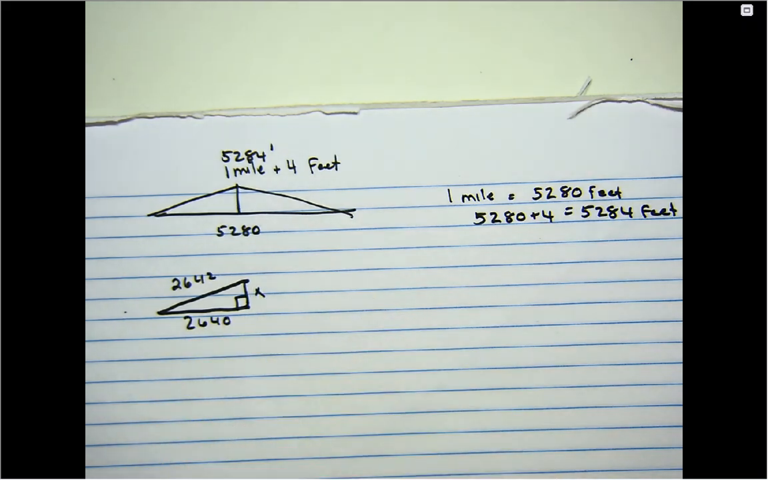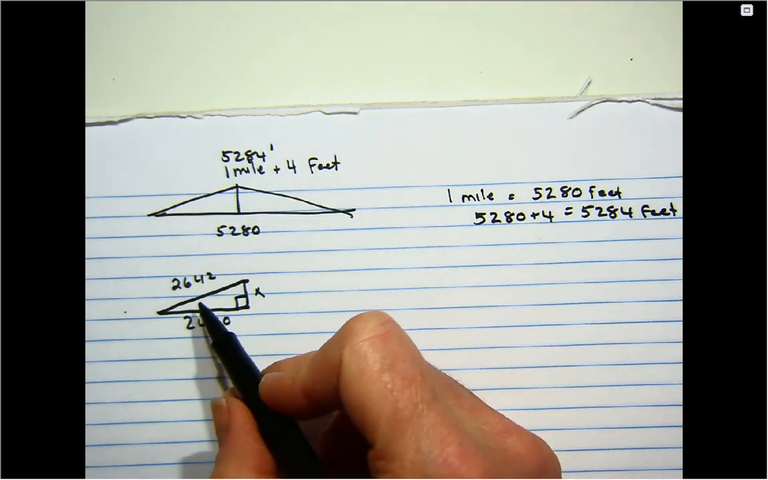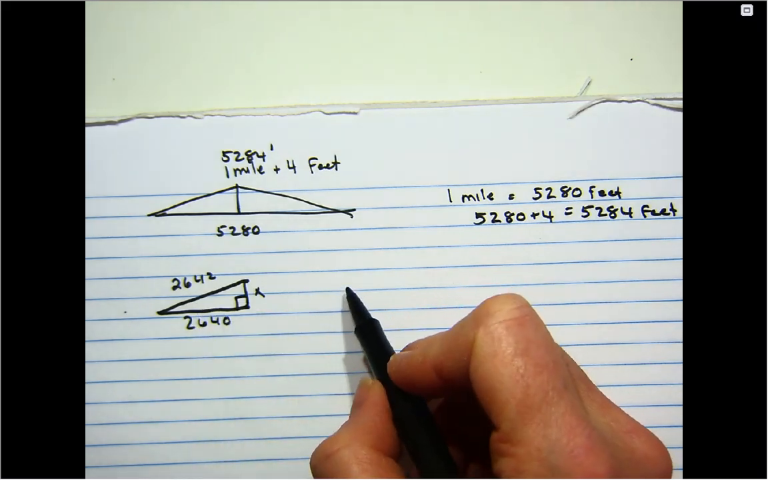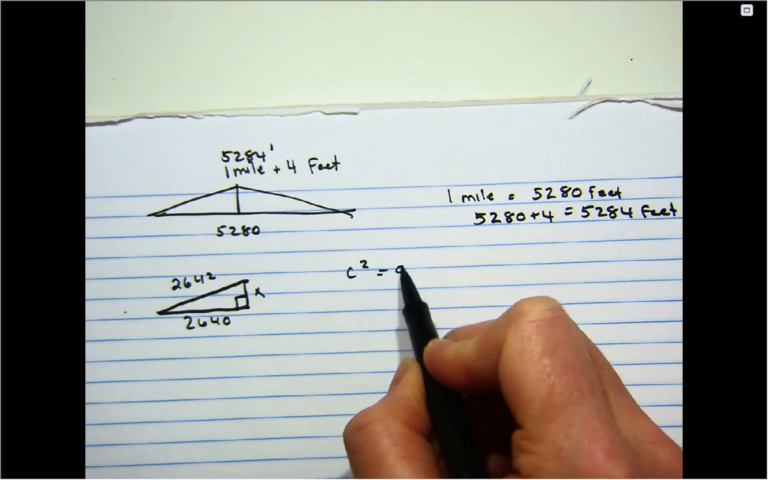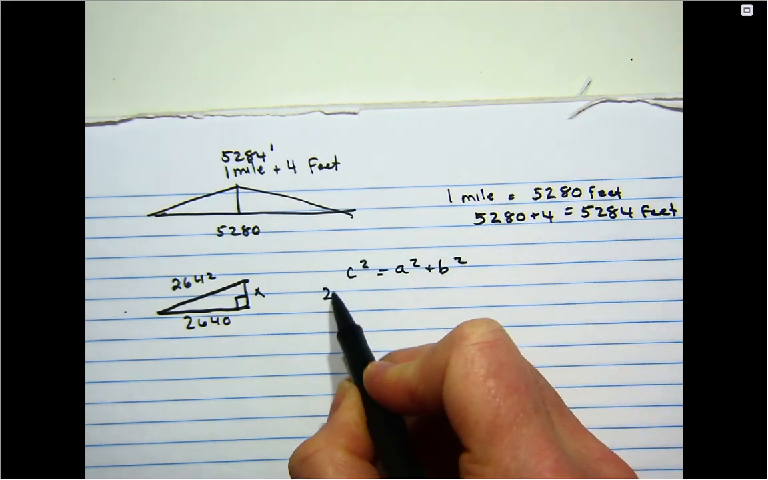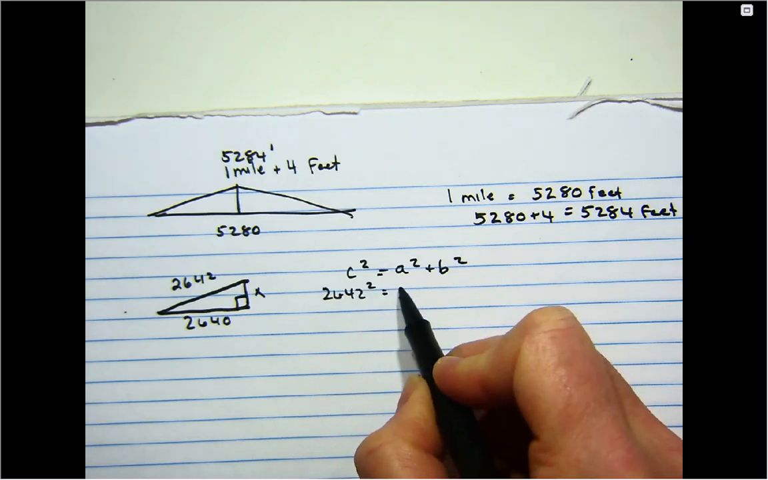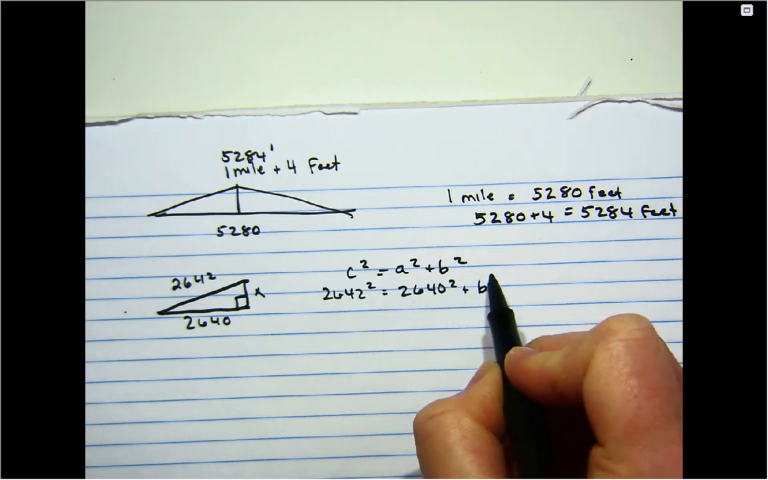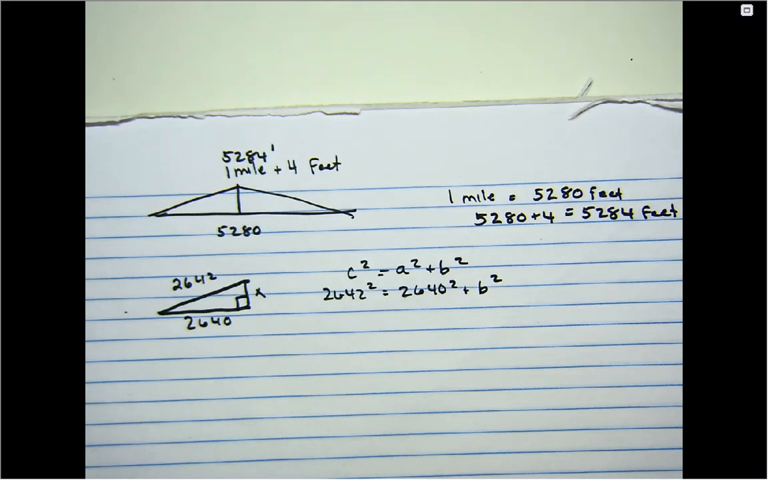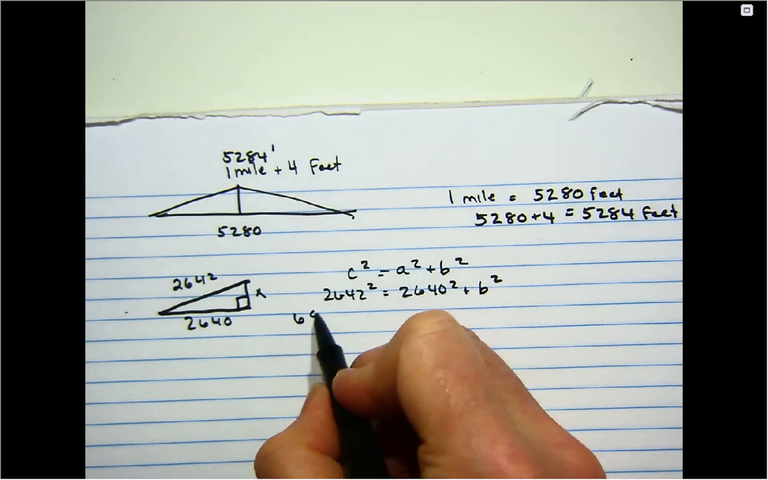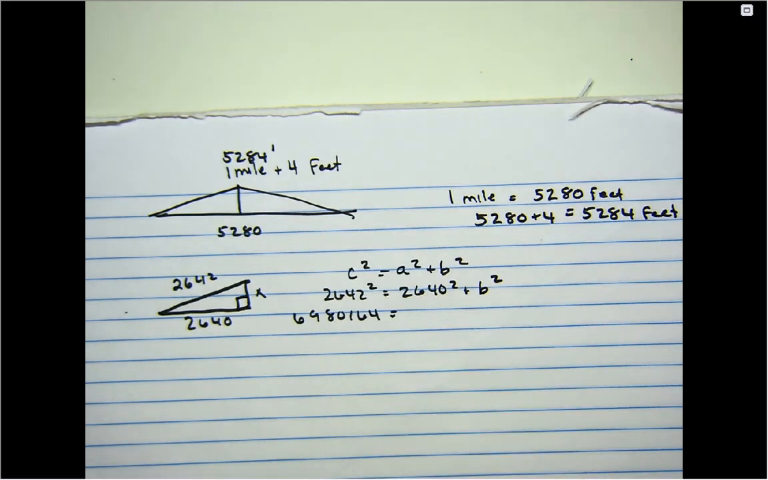So what we've done now is made a right triangle. Lots of geometrical problems can be split up into pieces that form right triangles. And that's nice because if you know two sides, you can find the third side. So the hypotenuse is the 2,642. We'll go ahead and square 2,642 and square 2,640